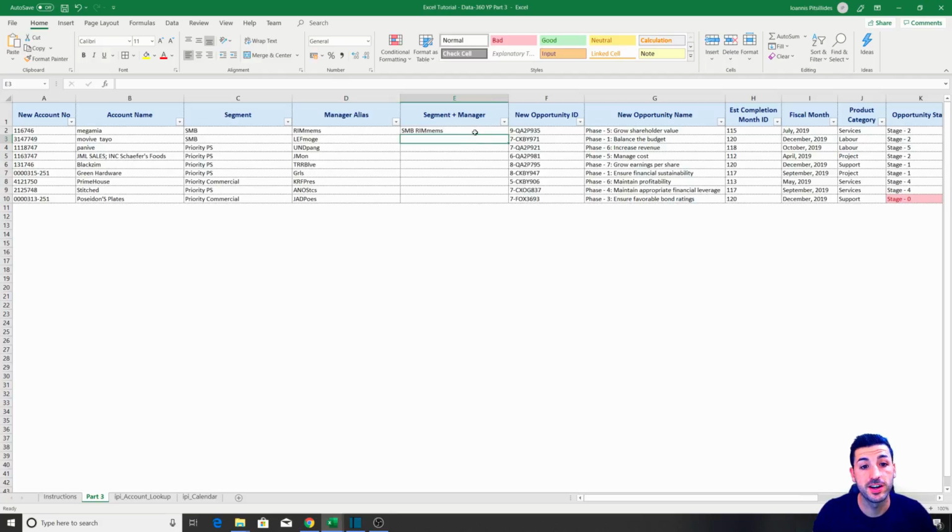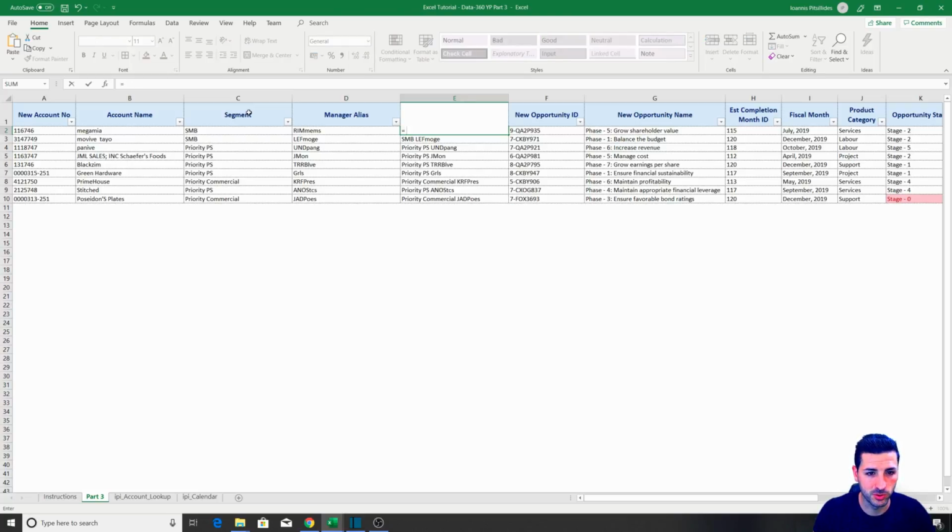Right. So there is another way to do it. You can double click here and it's going to concatenate them together. You can add more columns if you want. Another way of doing this is by saying equals. Let me see if I remember this correctly. We can say this, and then we can put ampersand, and then we leave an empty space, and then we can put ampersand, and then we can put this. Click enter. Yeah, it works again. So this is another way of doing the concatenation. You can either use the formula, or you can do it manually, it's up to you.